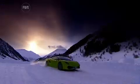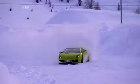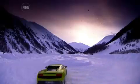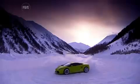Beneath all the electronics, this supercar has a fine chassis and can be great fun to drive. You just need a load of snow to really prove it. This is definitely the most fun I've had in a modern-day Lamborghini. What a wonderful